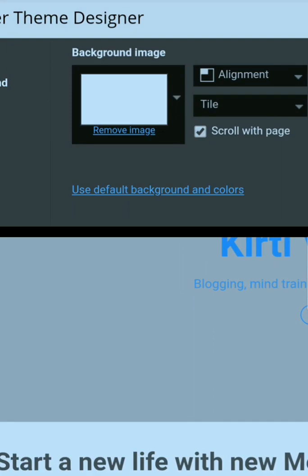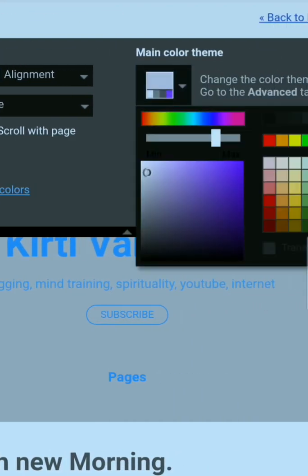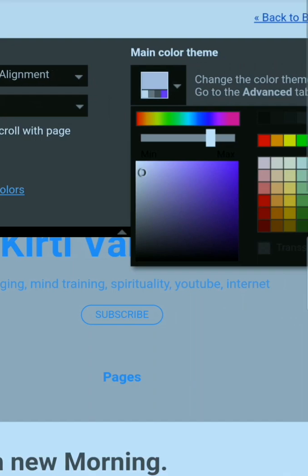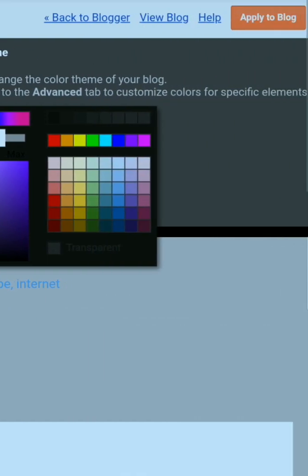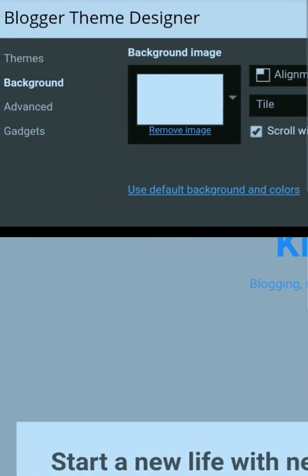There's an option like remove image. You can also set a color from here if you want, but I don't want to and I'm not going to do it. Now I'm clicking on apply to blog. So it's getting applied to my blog. Then next I will go to the advanced option where I can set different types of settings, like my blog's text color, post color, tabs color, icons color. So I'm just